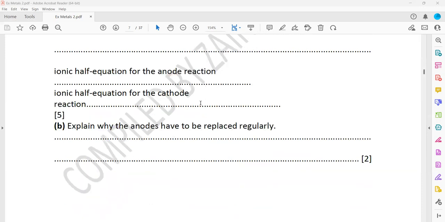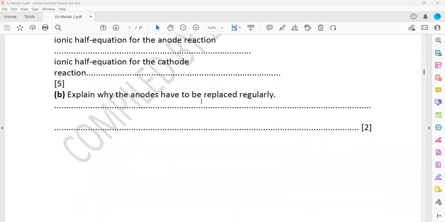The ionic half equations I already wrote for the anode and cathode. Explain why anodes have to be replaced regularly. Because what happens at the anode, the oxygen which is formed at the anode,